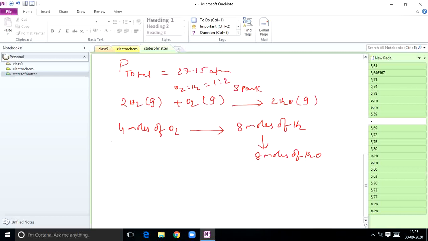did you understand? 4 moles of oxygen interacts with, when the spark is supplied, it requires 8 moles of hydrogen, and how many moles of water is formed according to that equation? 8 moles of water. So, but how many moles of oxygen? So that means here, according to this,